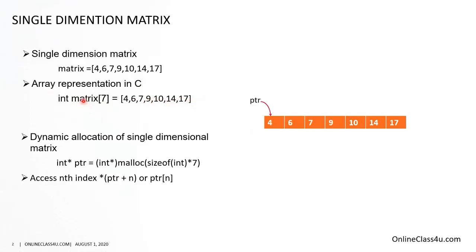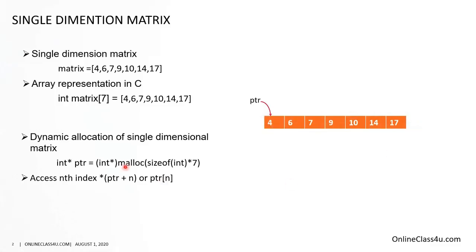It is optional to declare the 7 elements before. If we don't mention it here, automatically 7 memory locations will be occupied. So this is the representation in memory: 4, 6, 7, 9, 10, 14